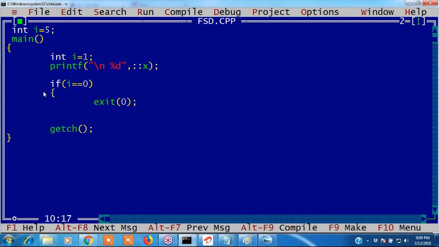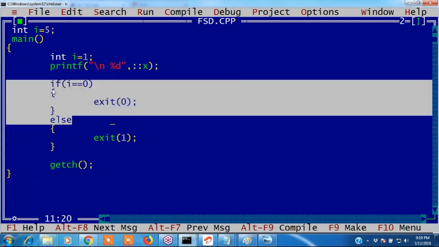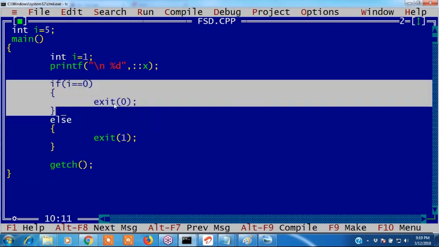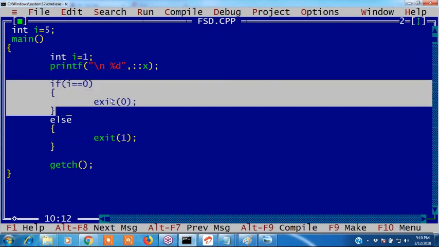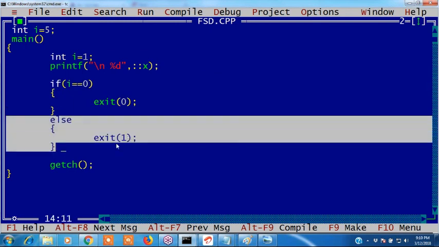If it is played properly, go to exit of 0. Else, if it is not played properly, I will write exit of 1. When you completely play that game, this block will be executed. Yes or no? Exit of 0, we are exiting from here. He played correctly. Exit of 0 means successfully completed. If you did not play it properly, exit of 1.